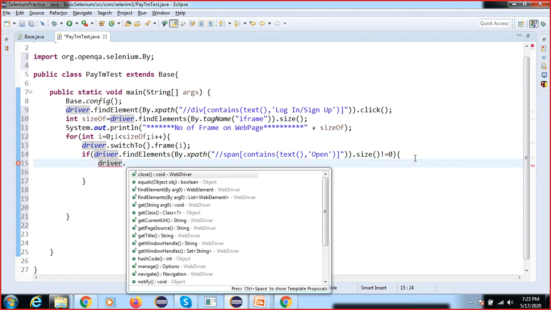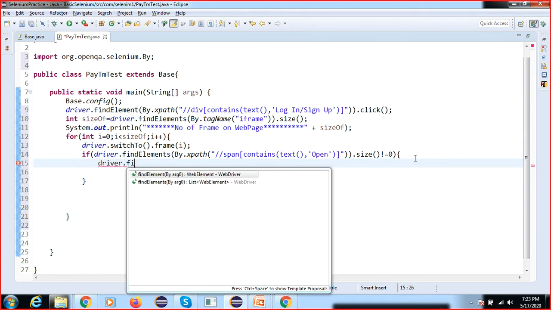What is the return type of findElement? The return type is WebElement here. For findElements, the return type is List. Inside this we have a size method. In WebElement, no size method is there. I need to find the size. Got it? That's why I have used it here.